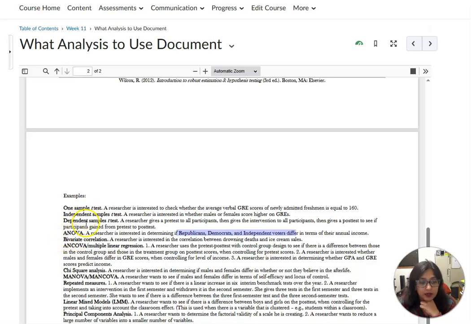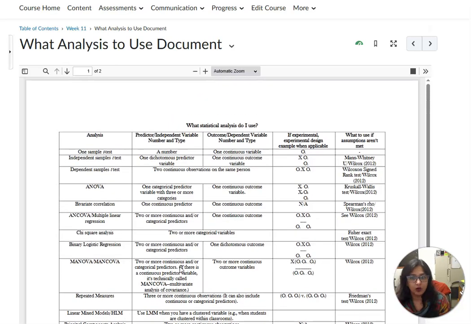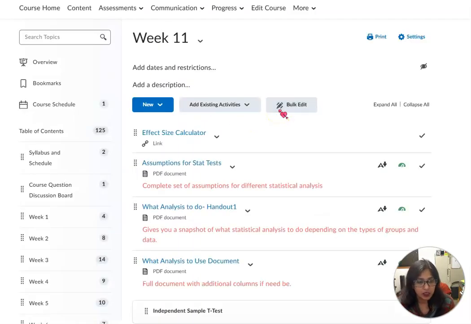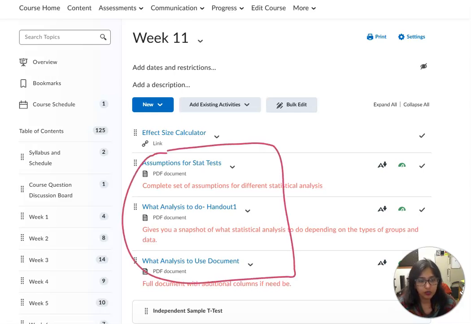Okay. In independent and dependent sample t-test, when you have two groups, your groups have to match up. They have to be the same number. But in ANOVA, they don't have to be. So those are small little things that are going to come up as individually we will discuss going forward. Okay. So do not worry. This is not going to be a lot. I am available if you have any questions. These documents are just for your reference.